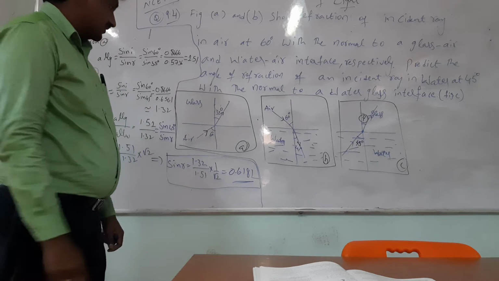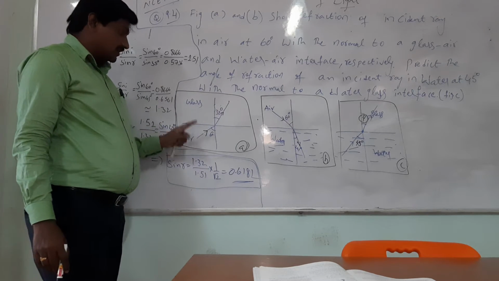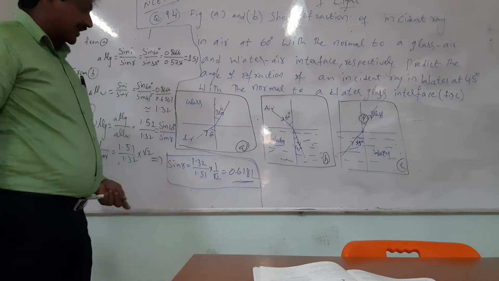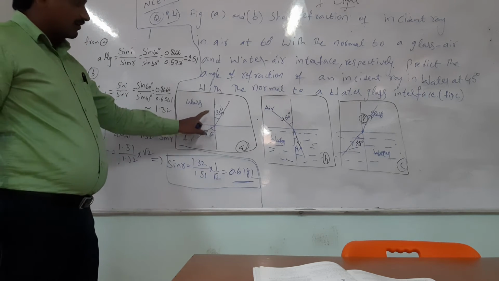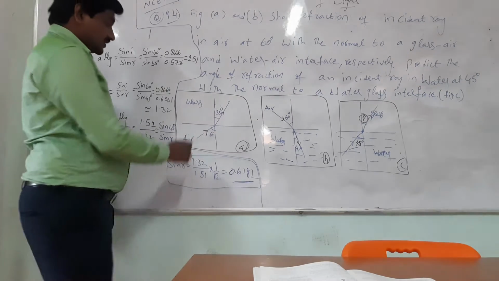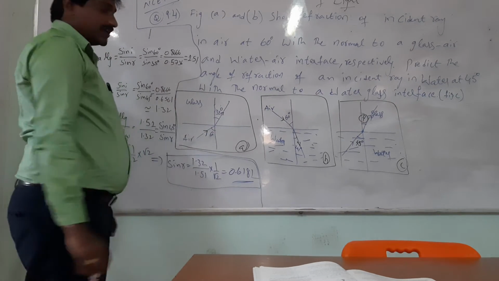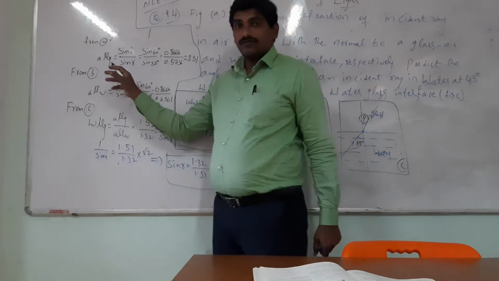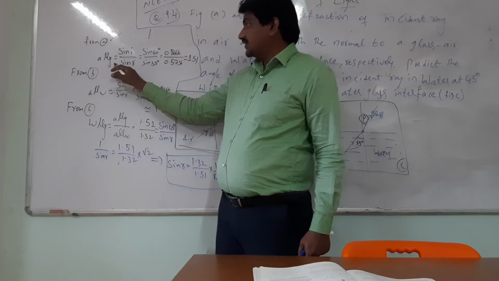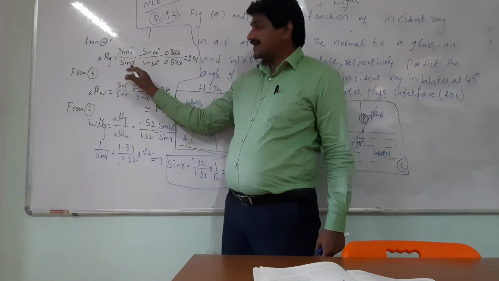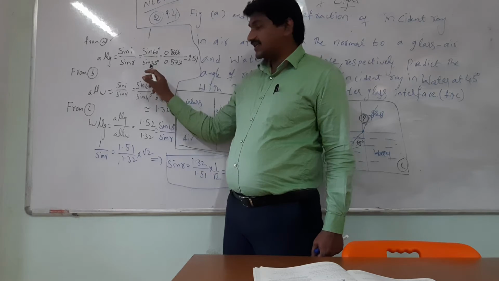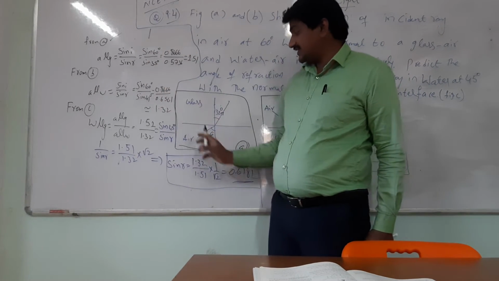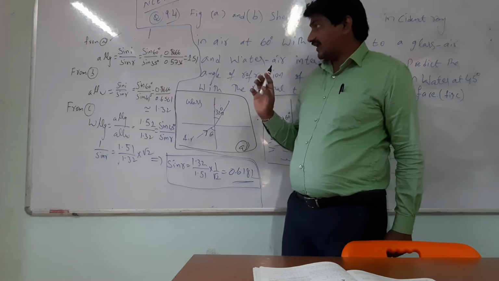So for that purpose, first, since we know that this is the glass-air interface, when the light ray is incident from air to glass, what is the refractive index first? Means air to glass the light ray is passing. From equation 1, from Snell's law, a mu g equals sin i by sin r, which is equal to sin 60 degrees by sin 35, which is given in the question. Sin 60 is the incident angle, sin 35 is the refracted angle.